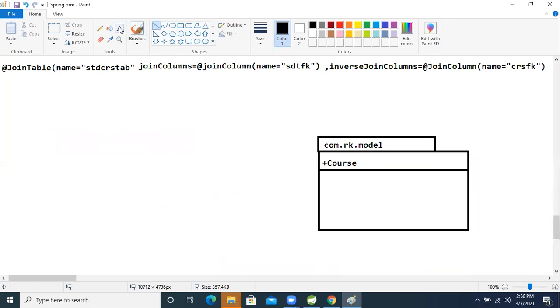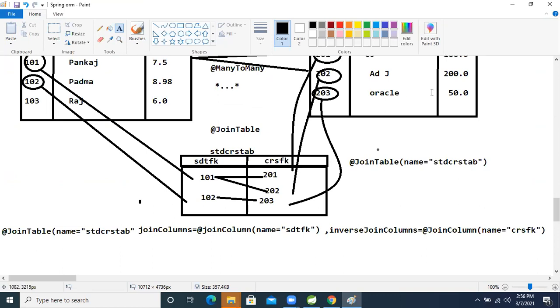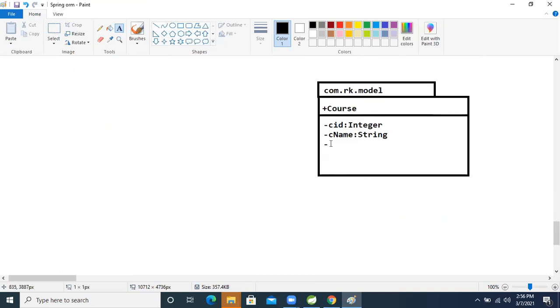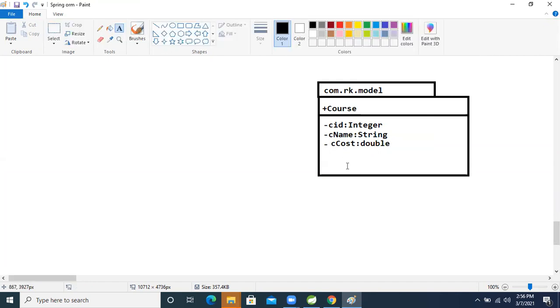So I'm also taking here private CID integer, CNAME as String, and the last attribute, cost, as C cost, this one is Double. So these are the attributes inside the Course class.